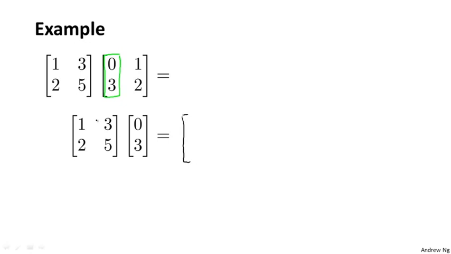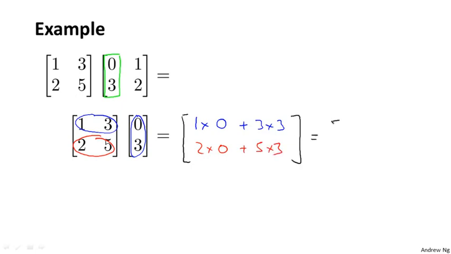This is going to be equal to 1 3 times 0 3, so that gives 1 times 0 plus 3 times 3, and the second element is going to be 2 5 times 0 3, so that's going to be 2 times 0 plus 5 times 3, and that is 9 15. Okay, actually let me write that in green. So this is 9 15,